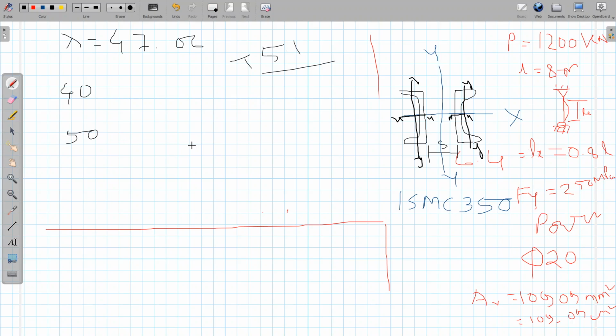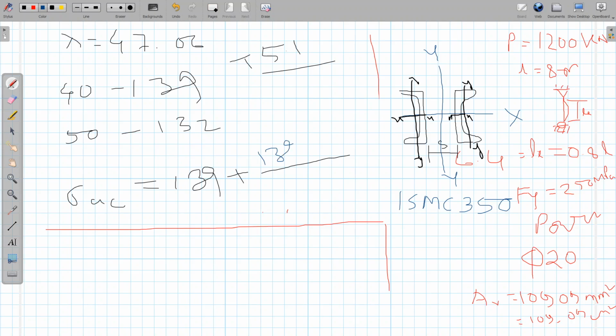Now the fy value given in the code in our problem is 250. So corresponding to 250, these two values are 139 and 132. Now we have to do the interpolation to find out the value for 47.06. To do the interpolation, as I said, you first take the value corresponding to the minimum lambda, that is 139, plus the difference of these two. I am writing it like that, 139 minus 132,